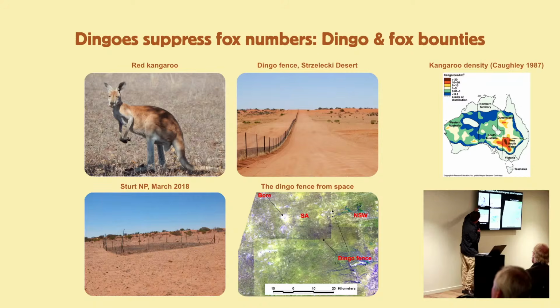Anyway, we've been looking at kangaroos' impacts on ecosystems in New South Wales. I've been working in Sturt National Park, and this is a fenced-off area where we kept kangaroos out in the drought quite a few years ago now, but you can see there's a very clear effect of the kangaroo grazing, and that's in a national park. There's no sheep, there's no goats, just kangaroo grazing. So there's a very strong effect of kangaroo grazing on these systems because there's just so many kangaroos without the dingoes.